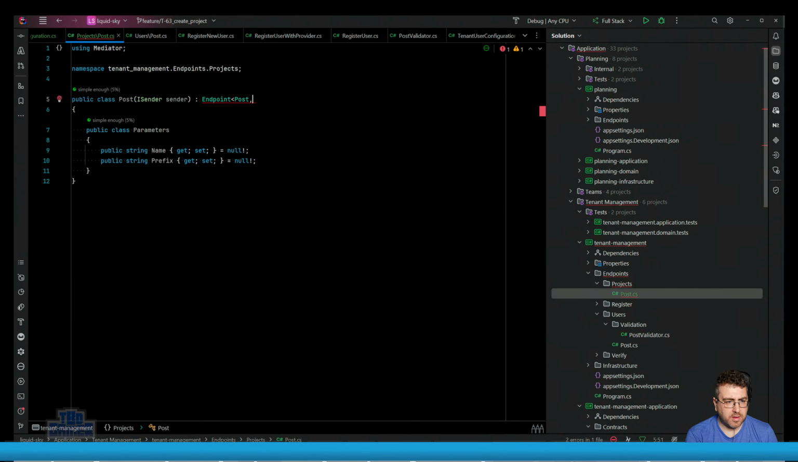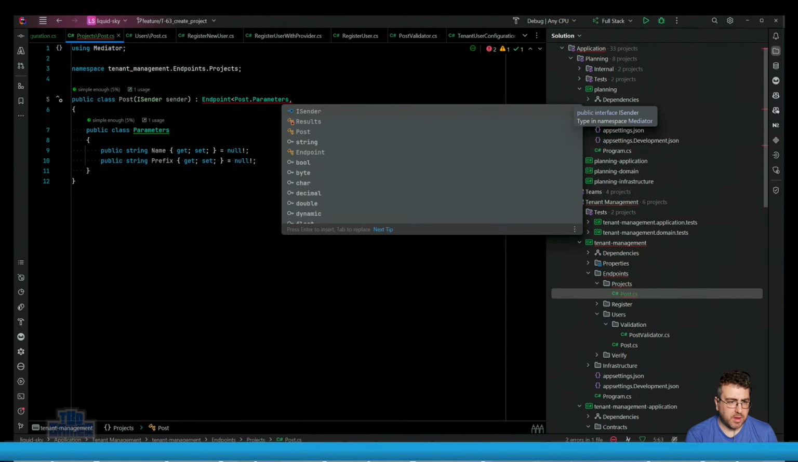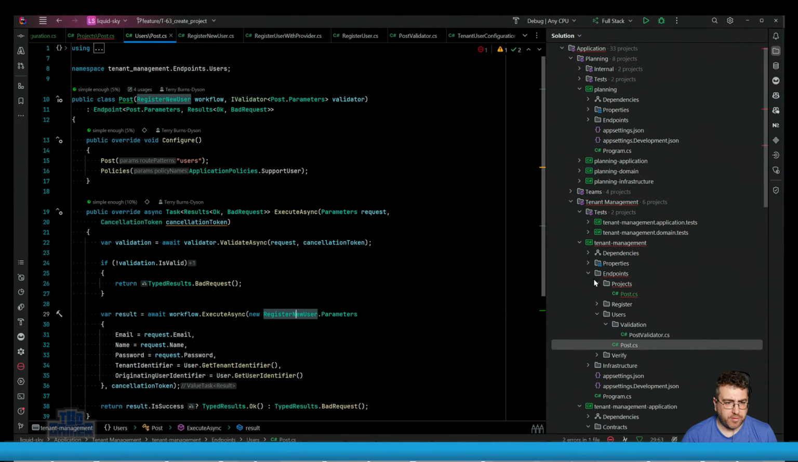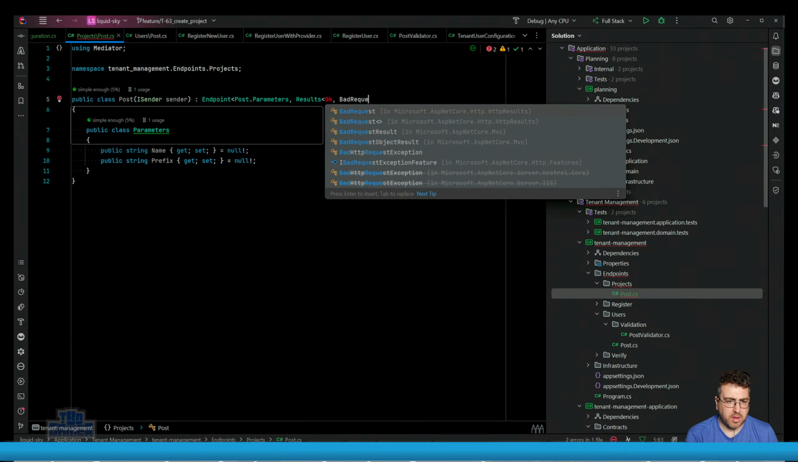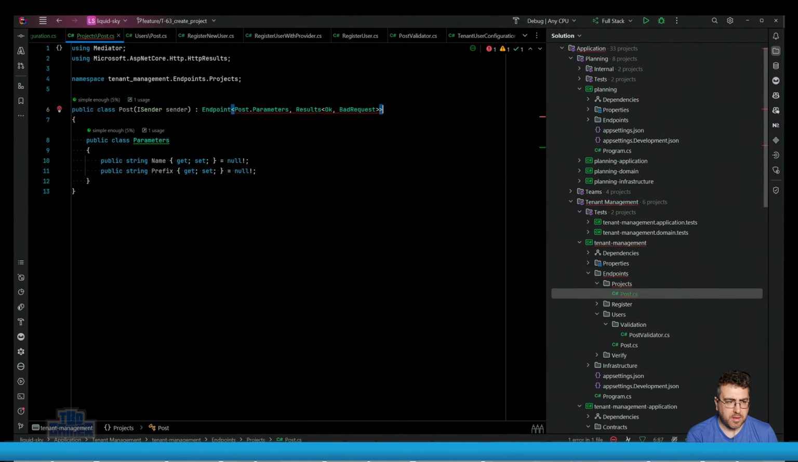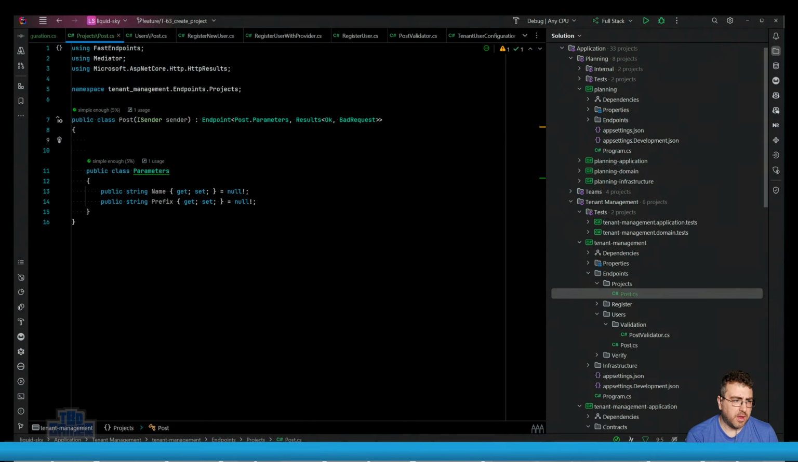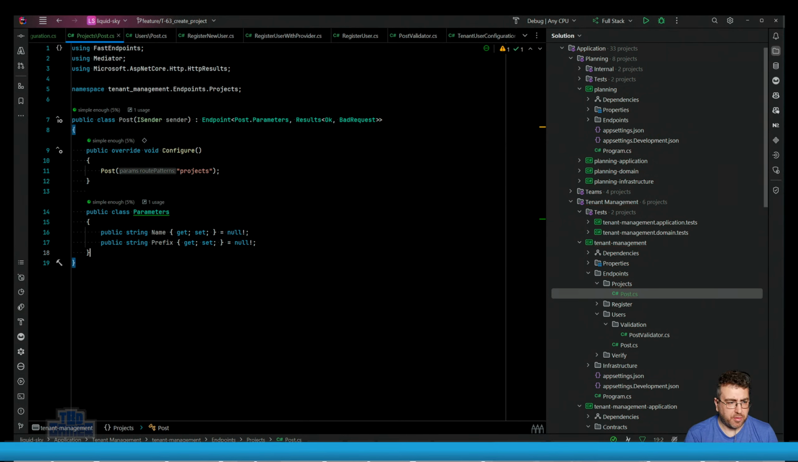Endpoint. And then what is that returning? That is returning results. Okay, bad request. We need public override configure, and that's posting to projects. Right now, I'm not going to apply the